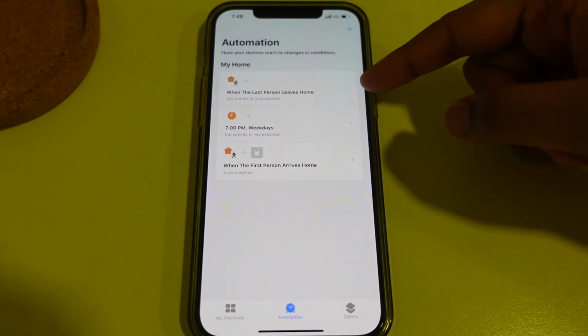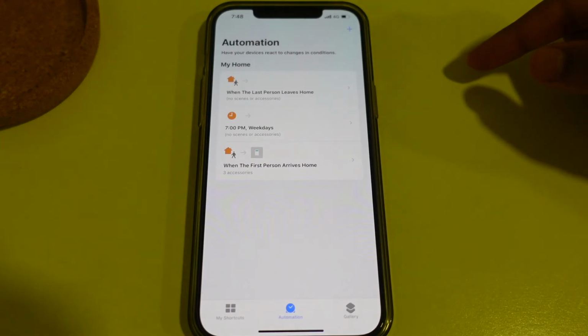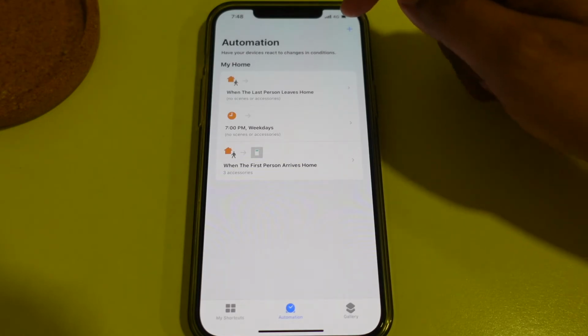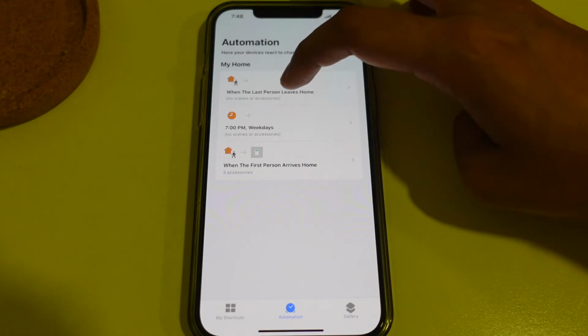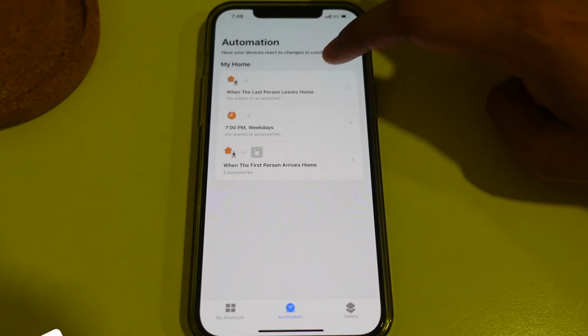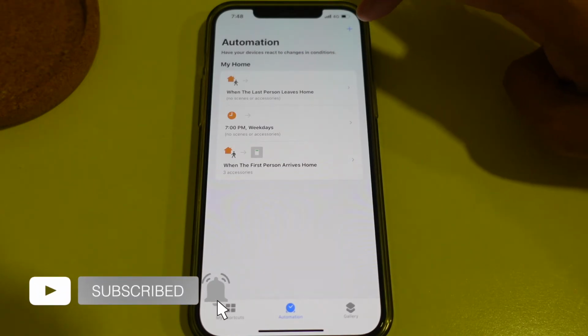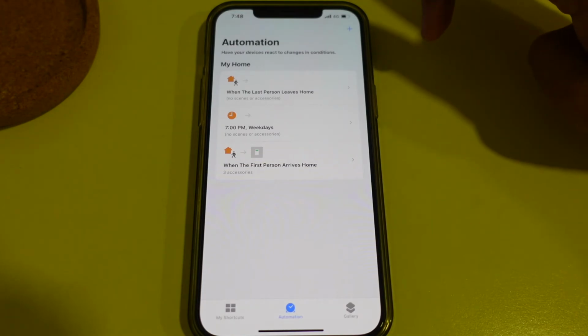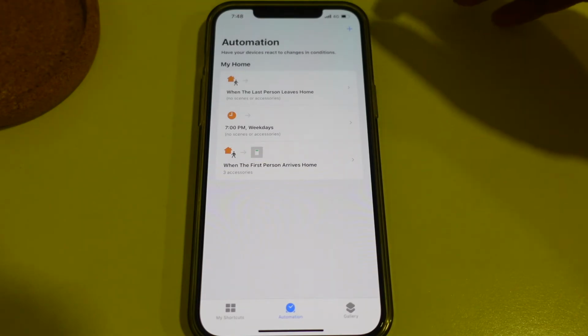I have various other automations already added. If you have not seen my home automation video, you will see in that video that when the last person leaves home, a particular action happens. This action is basically going to turn off the aircon and the TV in my house. So whenever the last person leaves, they don't have to do it on their own. It turns off automatically.